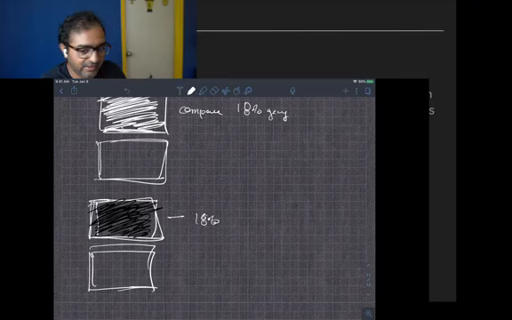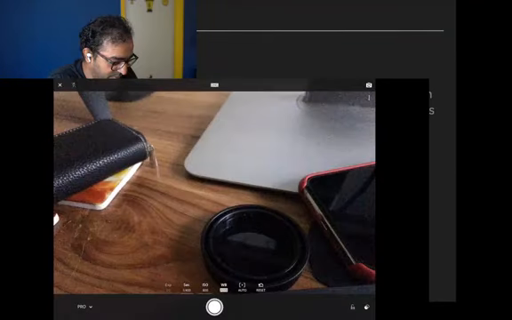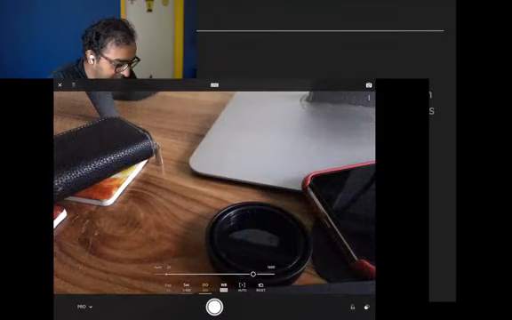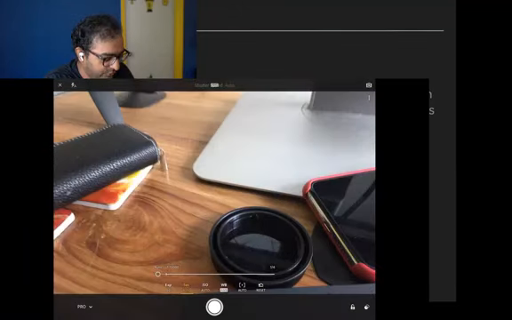Okay, so I'll just try and demonstrate this to you with the Lightroom camera, with my iPad. I can actually show you a very bright object. So I'm just going to put everything on auto, so I don't really need to control anything. I'm going to show you a really dark object. I have a keyboard here which is black. The back of this keyboard is black, right? You can see it's quite black. Now I'm going to put it in front of my iPad and notice what's going to happen.